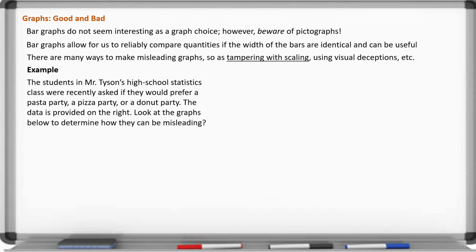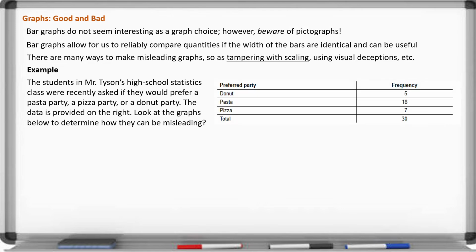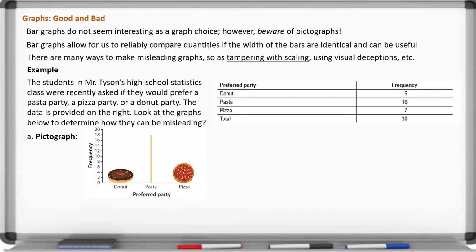Here's an example. The students in Mr. Tyson's high school stats class were recently asked if they would prefer a pasta party, pizza party, or a donut party. The data is provided on the right. We want to look at the graphs below to determine how they can be misleading. Let's look at the graph on the right. These are the frequencies for who preferred which type of party. Notice that donut is the lowest category, pasta is the highest category, and pizza is the second highest. If we were to graph this with a pictograph,